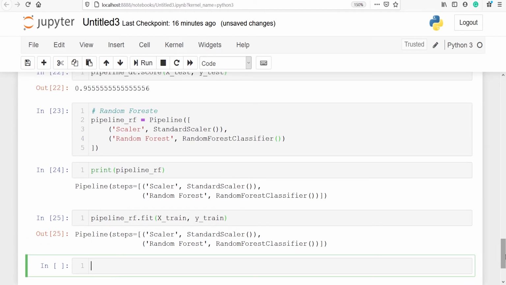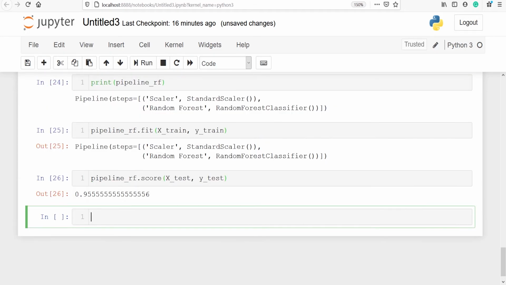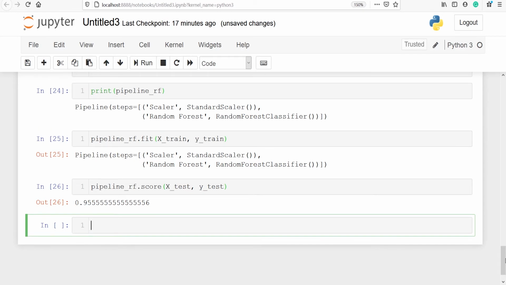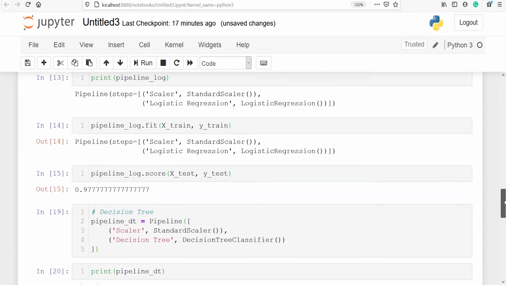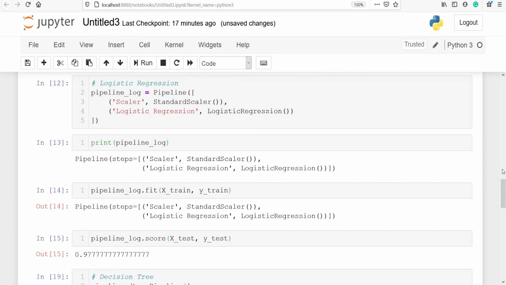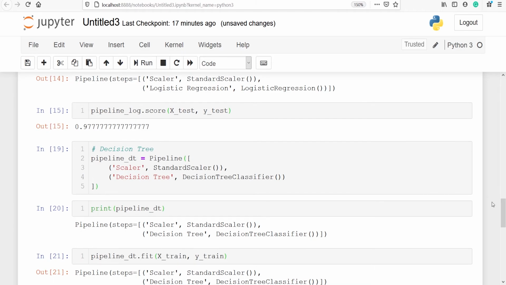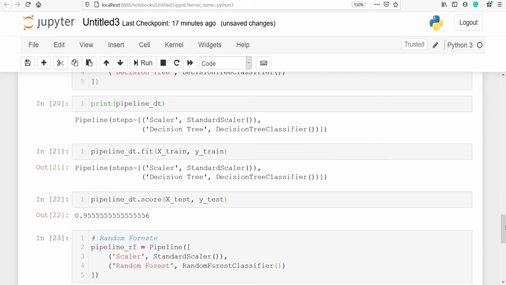So we will type pipeline underscore RF dot score. We will pass X test and Y test. So for random forest, we got the accuracy of 95%. This is how you can apply pipeline on different algorithms. We have seen here for logistic regression, then we have applied it on decision tree, then we have applied it on random forest.